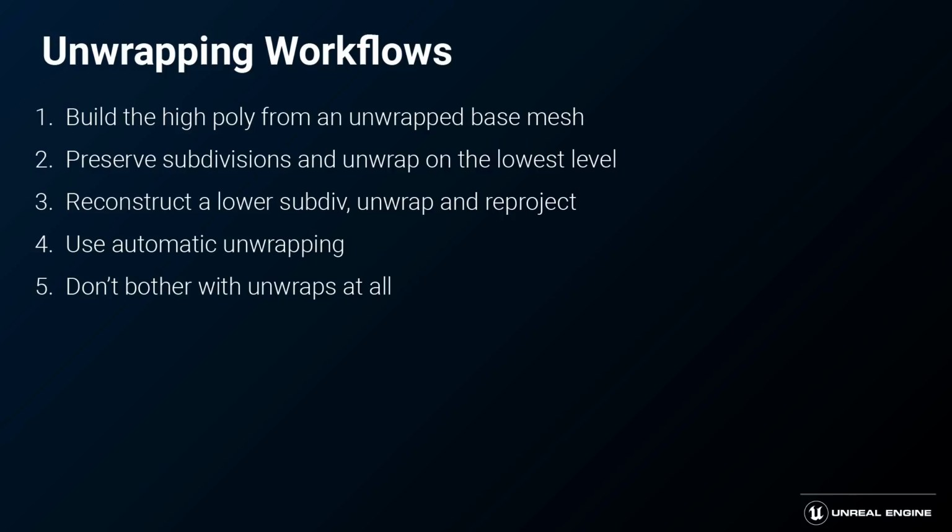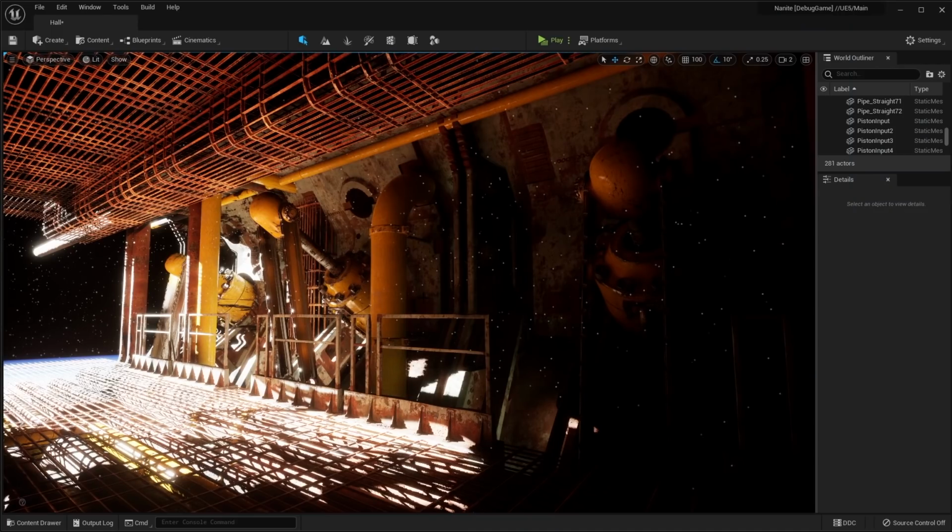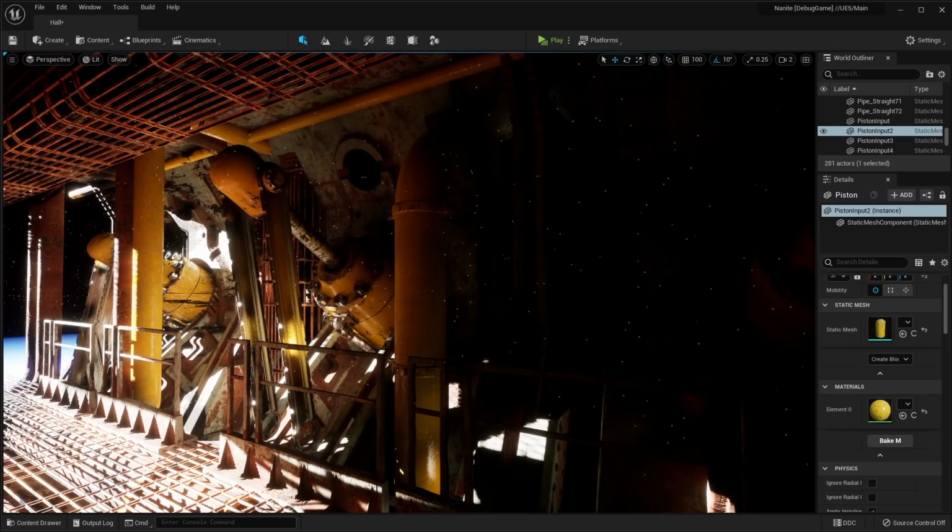The final step is to not bother with unwrapping at all. As we're using Nanite, we can use meshes with a very high vertex count, and with that comes a huge amount of potential data in the form of vertex colors. In this instance, I'm baking mask data into the geometry and using that to blend between several world space textures. This means that I don't have to unwrap anything. I can bake series of maps into the vertex colors and then use these to create my unique information.